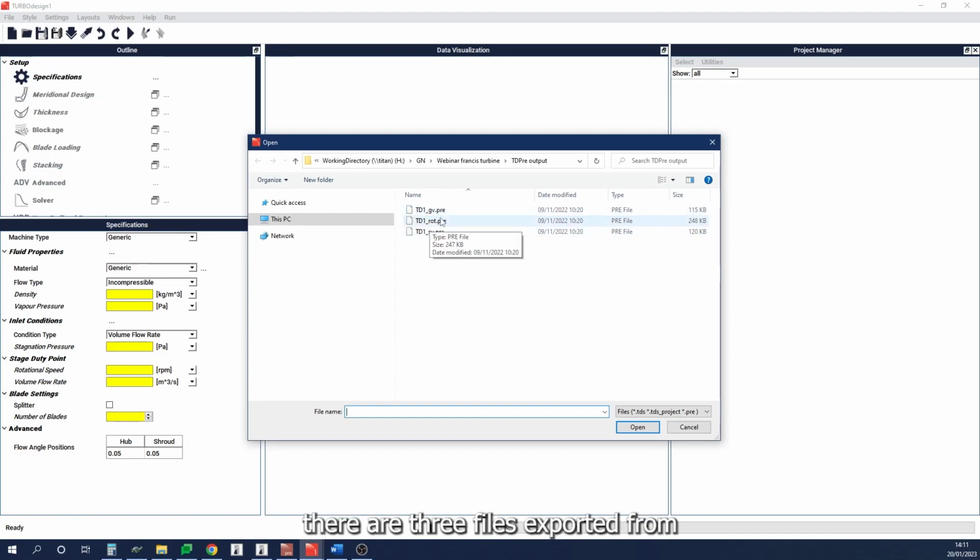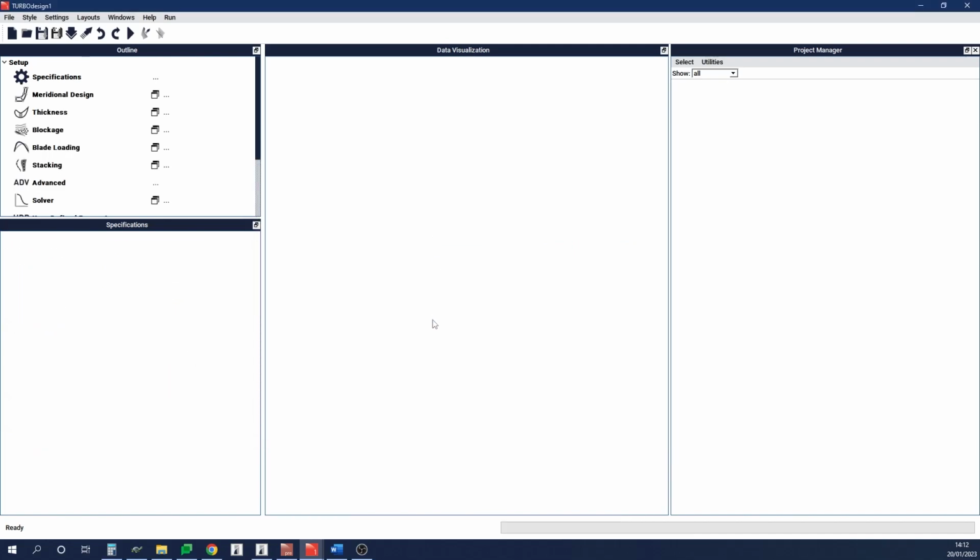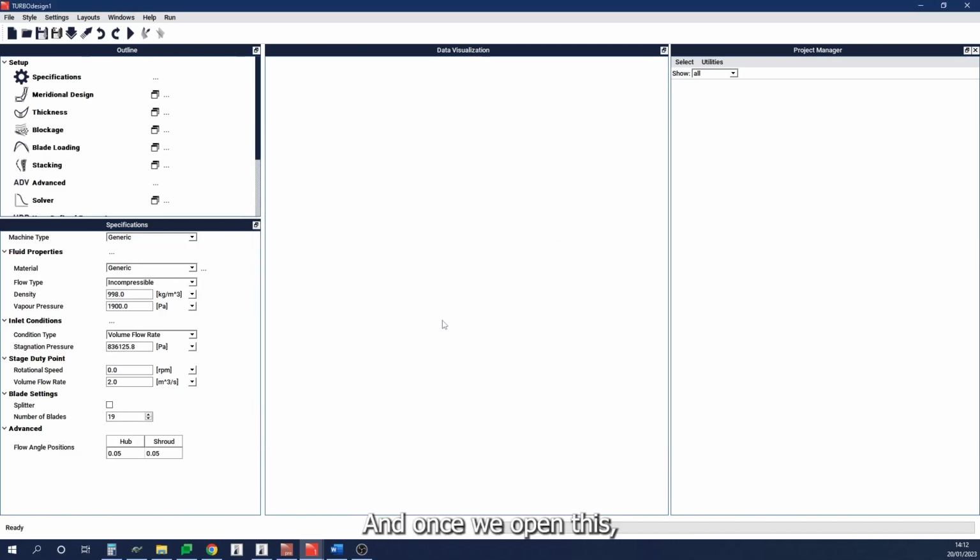So we can see there are 3 files exported from the mainline code. One for the stay vane design, one for guide vane, and one for the runner. So let's start with the stay vane first. And once we open this, we can see all of our different sections have been filled by information from that